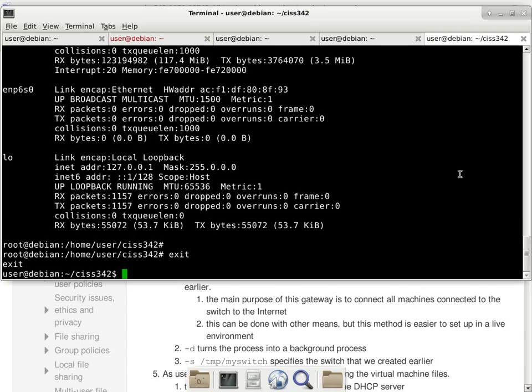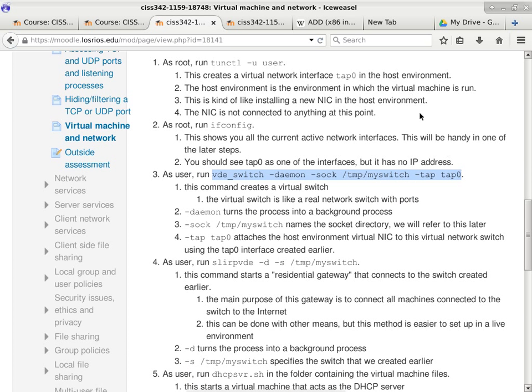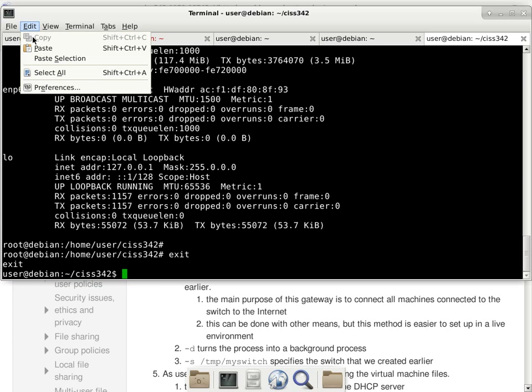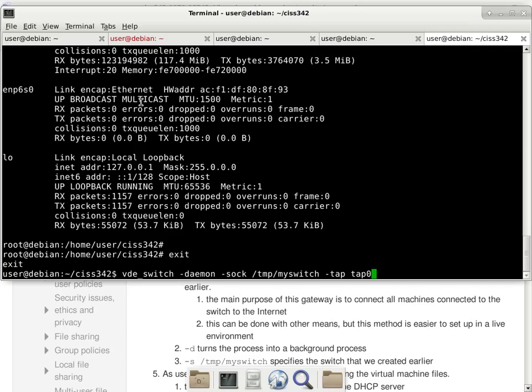Okay. So this command is fairly long. You can copy and paste if you're using PuTTY, but if you're using the console of the virtual machine, then you cannot copy and paste. But since you'll be using the same environment that I'm running, you can actually do it. So you can just do it the easy way. Copy from here, switch to the terminal, and then paste like so.